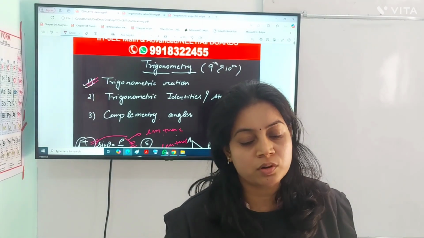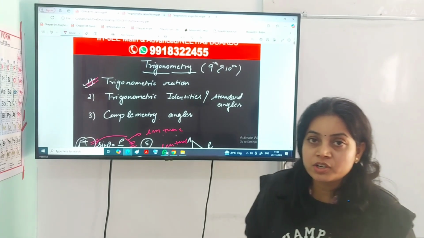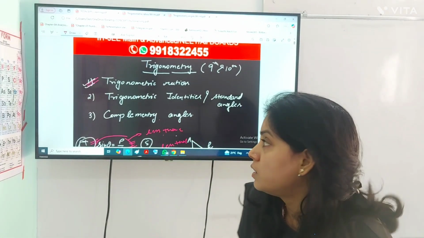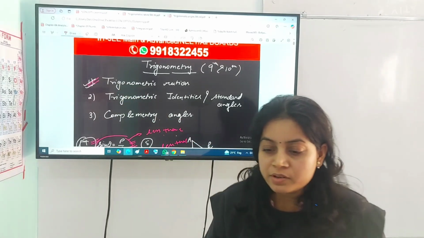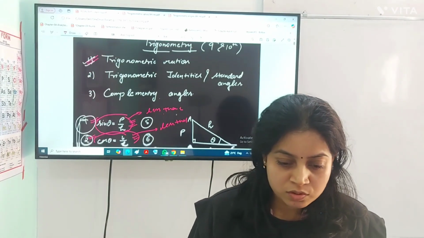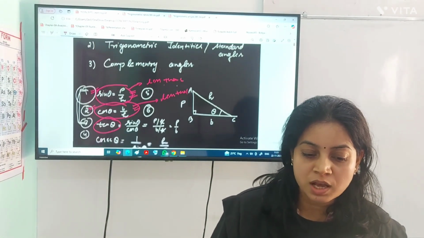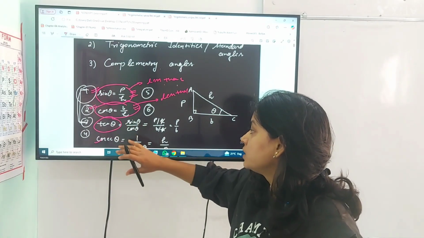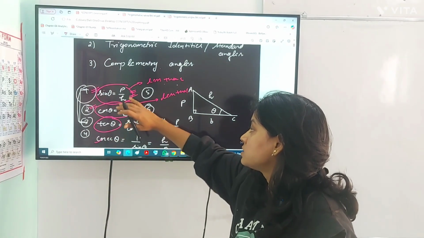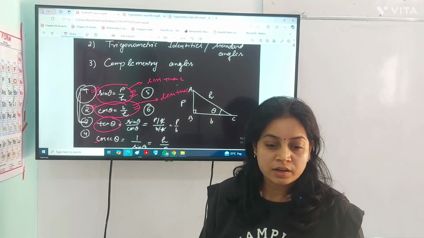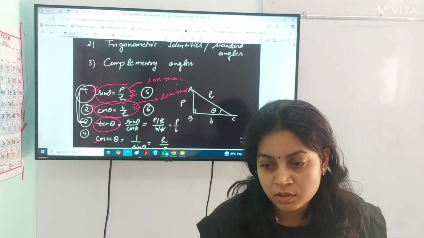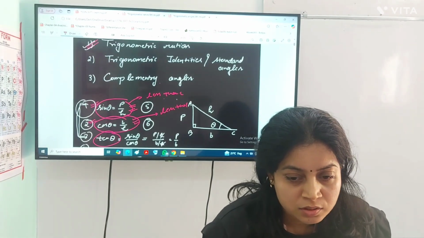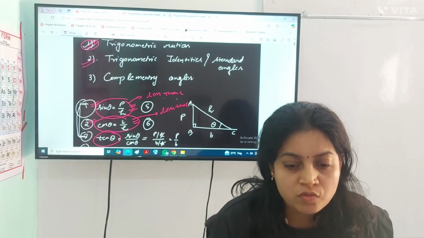So you can solve any question of any book, either it is R.D. Sharma or R.S. Agrawal or M.L. Agrawal. Any other book you can solve. Just these simple tricks you need to understand and use. What are the ratios? Sin theta, cos theta and tan theta. Simply sin and cos. Tan is just the division of sin and cos theta, and the rest of them are just reciprocals. So I think the first topic, trigonometric ratios, is clear.